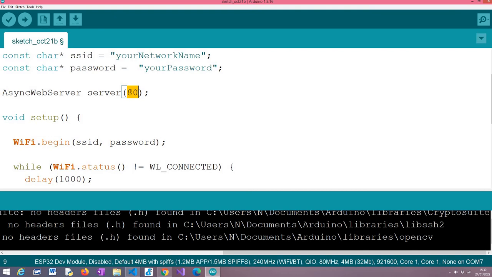As usual, I'm using port 80, which is the default HTTP port. Now let's jump to the setup, and probably here you are going to see something different from pretty much all my tutorials, which is I'm not opening a serial connection, and that's precisely because we don't want to rely on